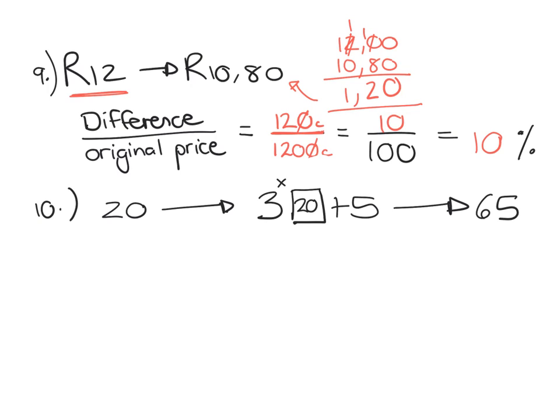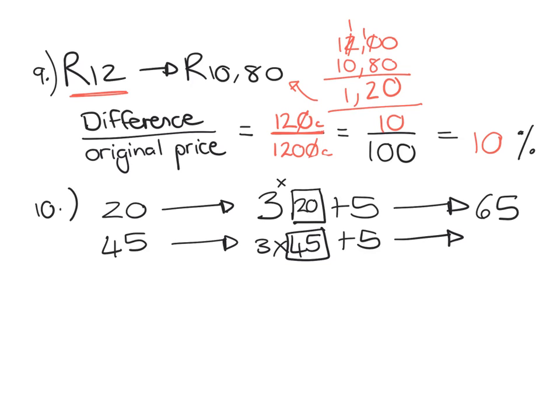Okay. The next one we worked out is 45 then. So you would take 3 times 45 plus 5, and that gave me 140. And the last one that I put